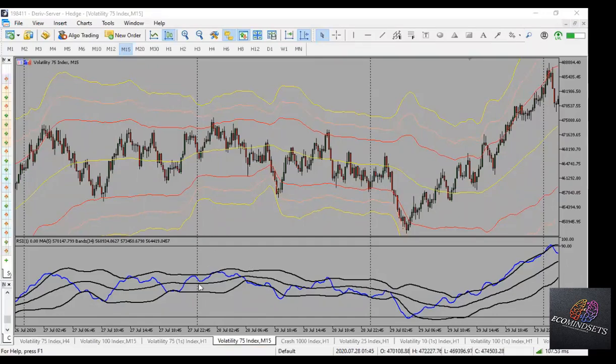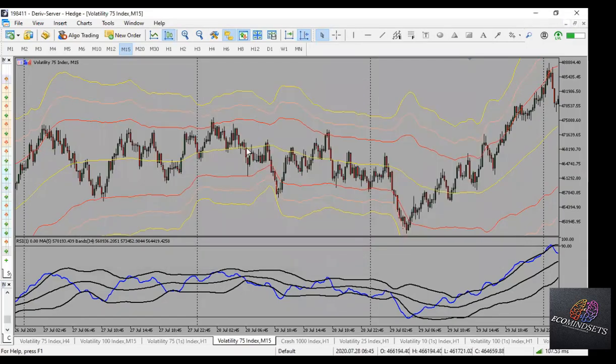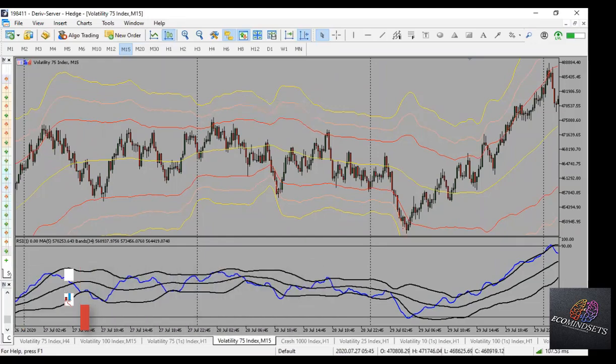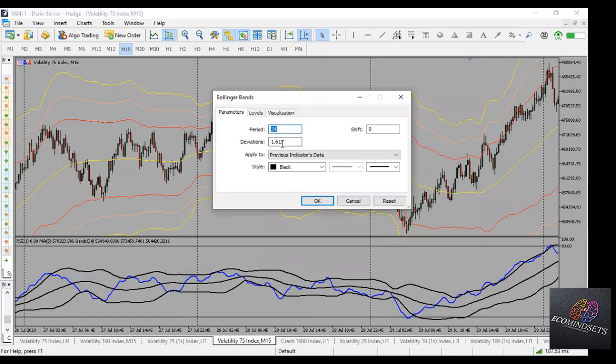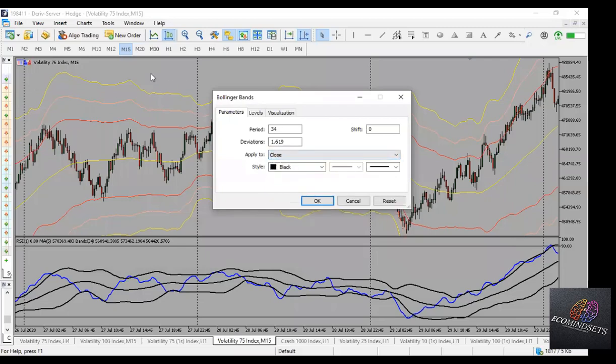No problem. All right. So with the main chart, those of you using PC, I'll give this indicator, the tri-Bollinger, to Stock. Stock will drop it on the page for all of you. But those of you using phone, you use the normal Bollinger Band, and then the setting is period 34, deviation 1.619, and applied to should be close. That is for the main chart.